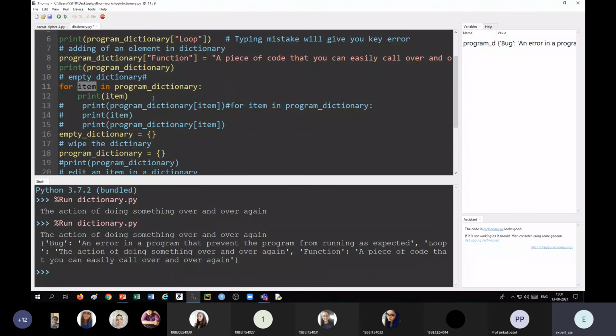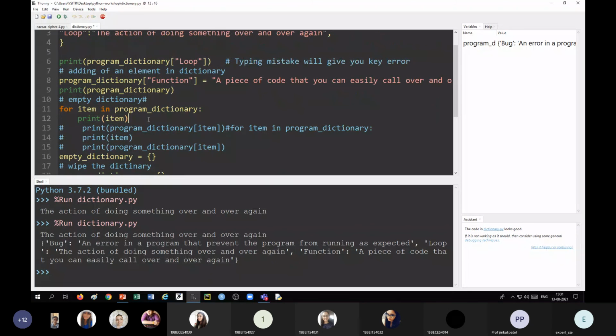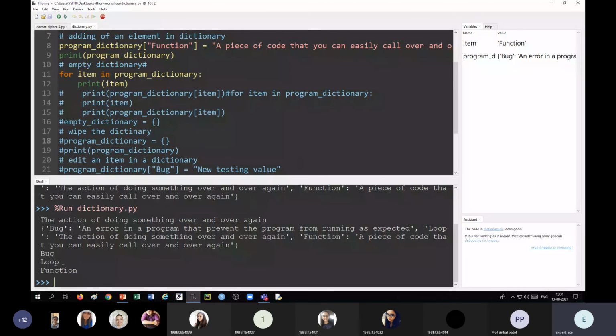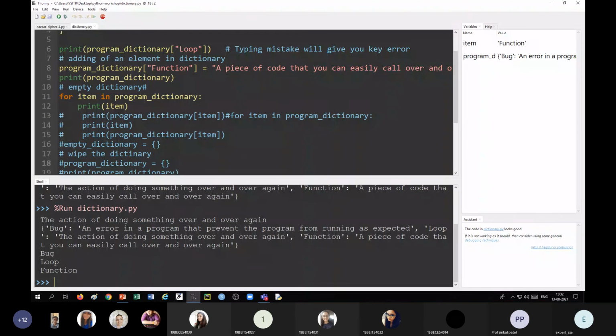Okay, if you try to print this, make this a comment first of all. Okay, you got bug, loop, and function. So when you take all the elements one by one using the for loop, it will give you only the key.